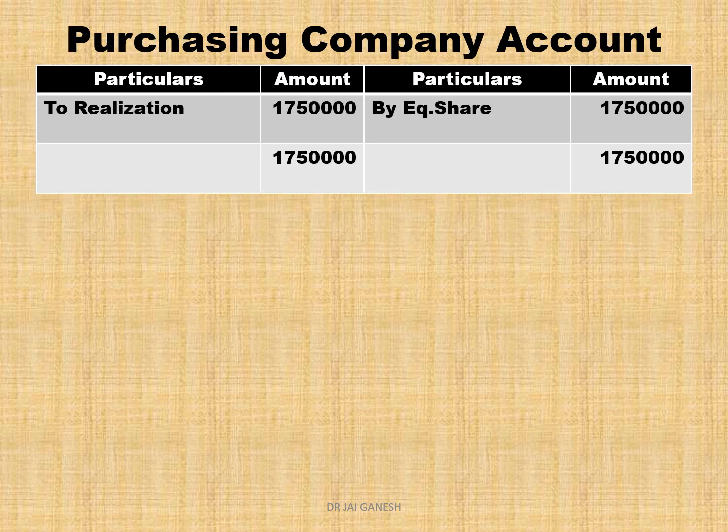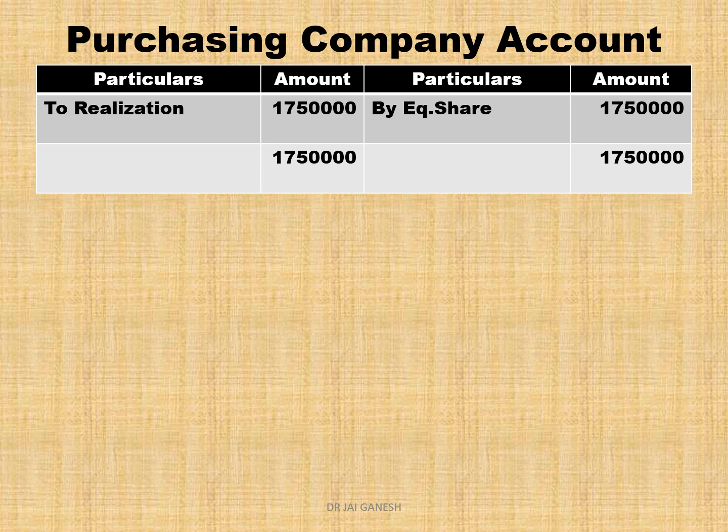Purchasing company account. On the debit side you write to realization account, and this realization is called PC. 17,50,000 we have recorded on the credit side of the realization account. There it is credit, here it is debit. So it comes on the credit side of the realization account and on the debit side of the purchasing company account.